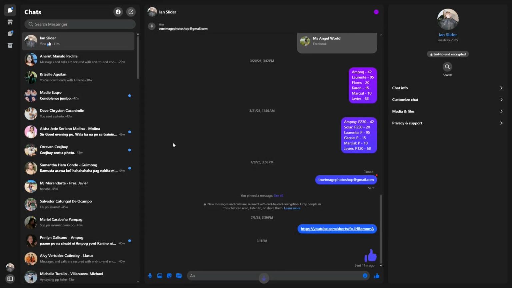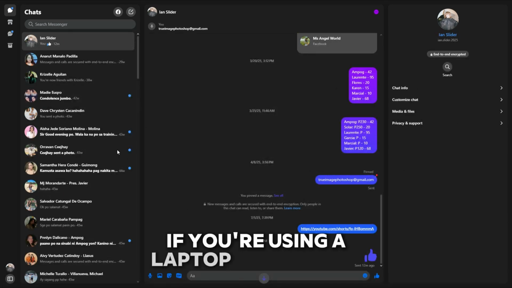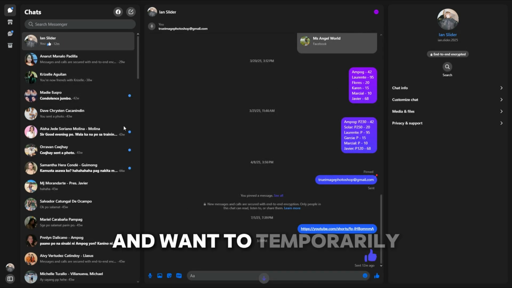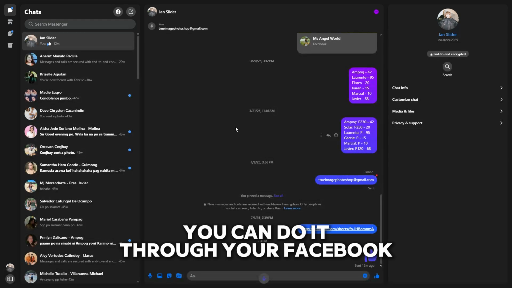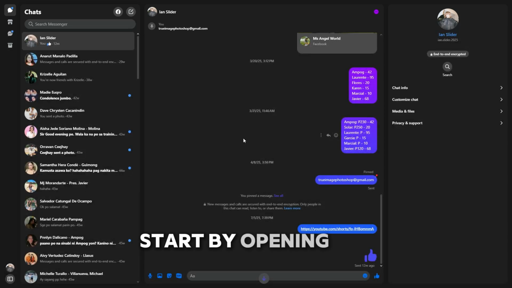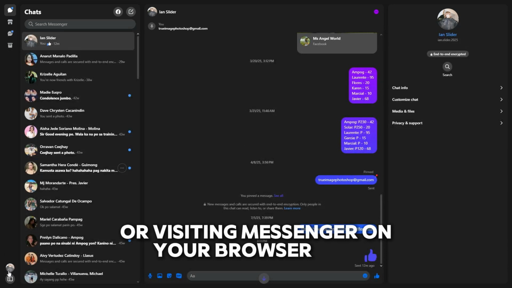Today, let me show you how to deactivate Messenger account on PC. If you're using a laptop or desktop and want to temporarily deactivate your Messenger account, you can do it through your Facebook account settings. Start by opening the Messenger desktop app or visiting Messenger on your browser and logging into